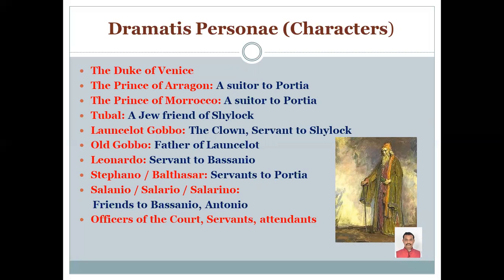Then another important character is Tubal. Tubal is a Jew and a friend of Shylock, and this is the man who has been given responsibility by Shylock when his daughter elopes with a Christian man, Lorenzo. Shylock asked him, please go after my daughter and try to find her, bring her back. She has not only eloped from my house, she has not only eloped with a Christian,